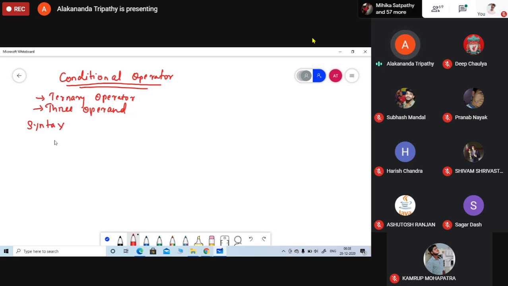And basically it is used to evaluate the Boolean expressions. So the syntax for the conditional operator is